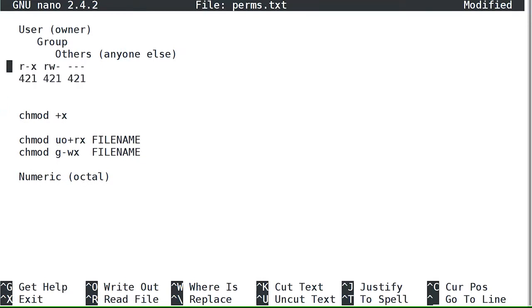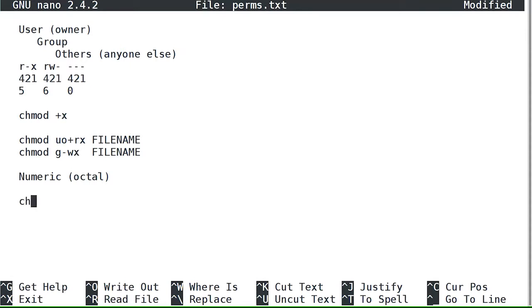So for this permission string that's Rx, RW, and then blank, I would then add the 4 and the 1, because those are both on, to make 5. Okay. And then in the next group, I would add the 4 and the 2, because those are on, to make 6. And then none of these are on, so that would be 0, right? So that's a numeric representation of exactly that